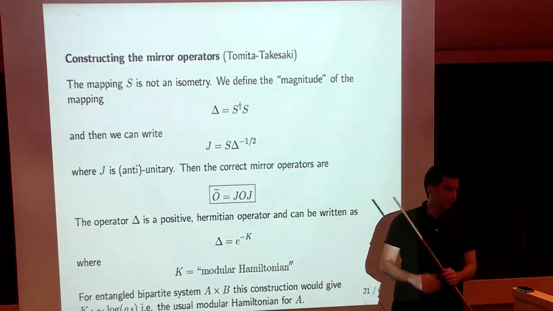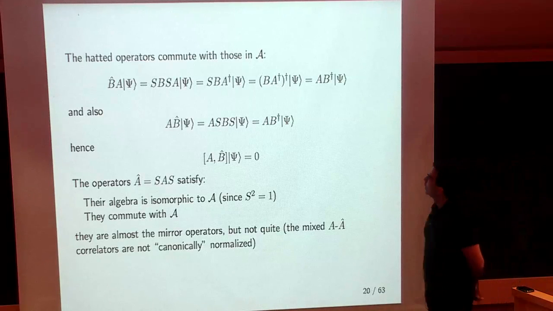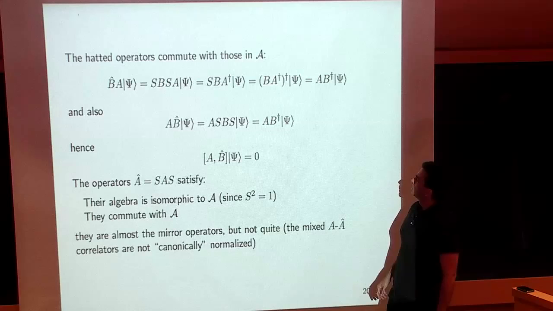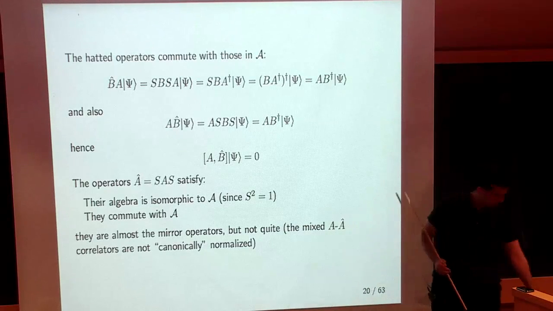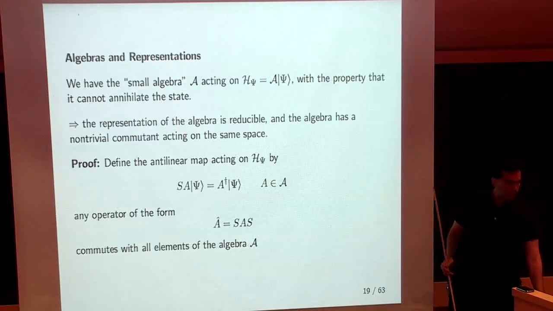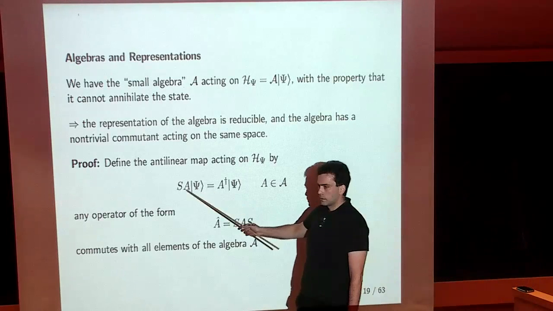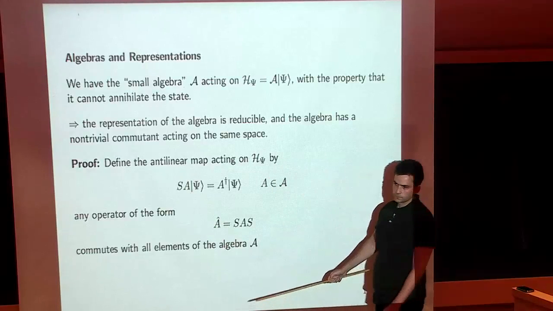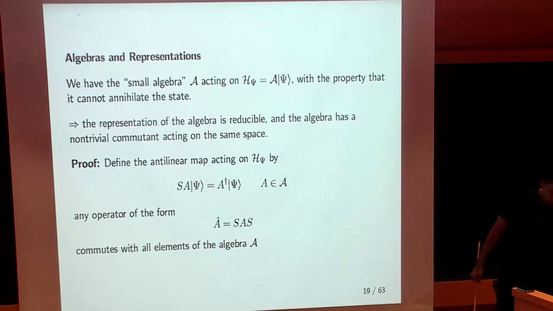I'm sorry, can I? Yeah. It seems essential that the A's are not Hermitian for this to work. I'm confused why I couldn't just take a basis of Hermitian operators. Well, this is an antilinear map, so you can certainly choose a basis of Hermitian operators, but if A was Hermitian, S would be the identity. Right, that's what's confusing. No. The imaginary part will have an i in it, and then this S is antilinear, so it'll flip the sign of the i. Yeah, I understand that. That's got to be the resolution, right?